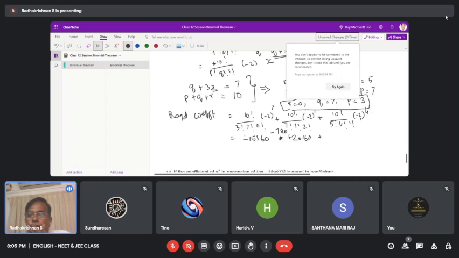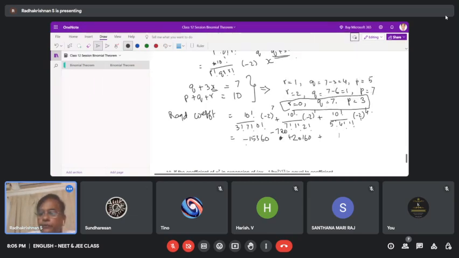Okay, so this comes to minus 15,360, this comes to minus 720, and this comes to plus 20,160. So you can calculate and check it out. So the net value comes to